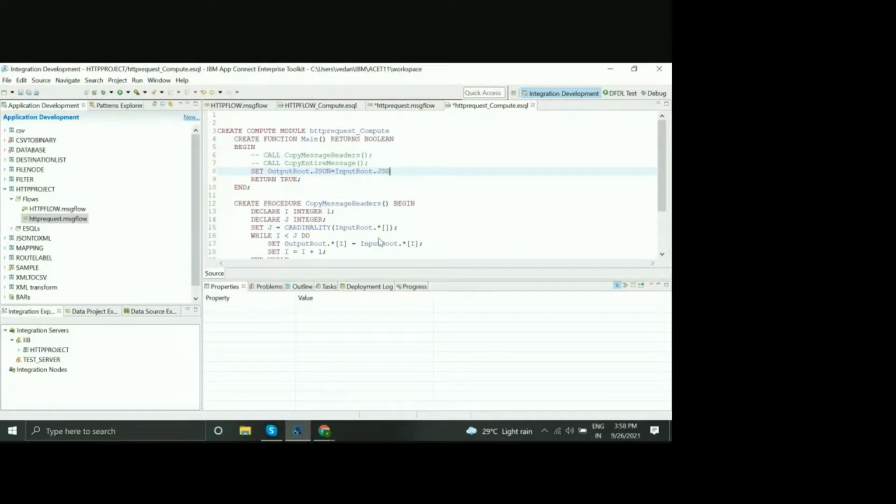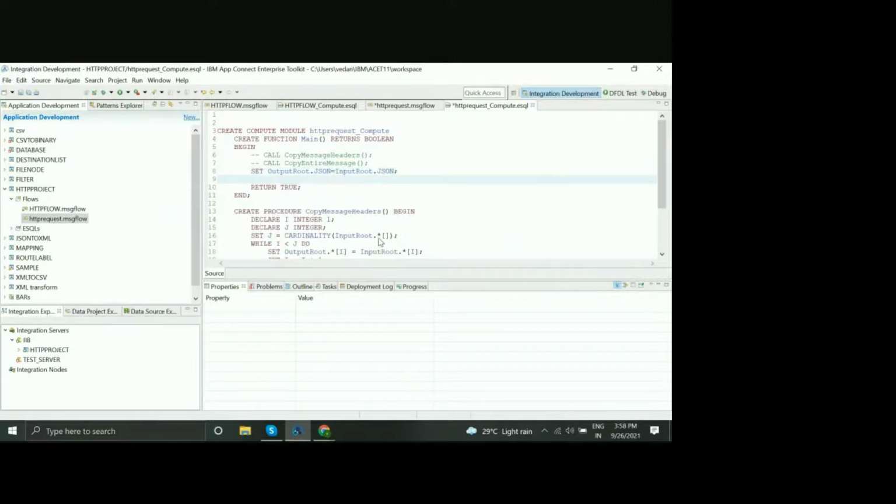Semicolon, next line, set output root dot JSON dot data dot second message is equal to, within single quotes, write something different. You can write your name or something else. Put a semicolon afterwards.